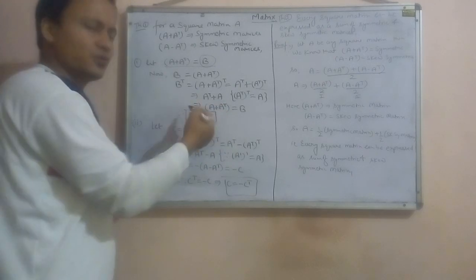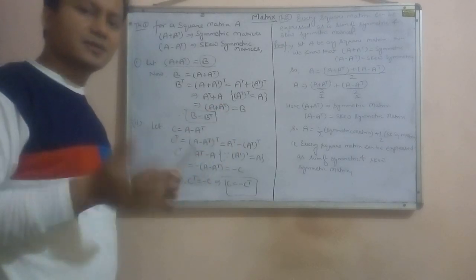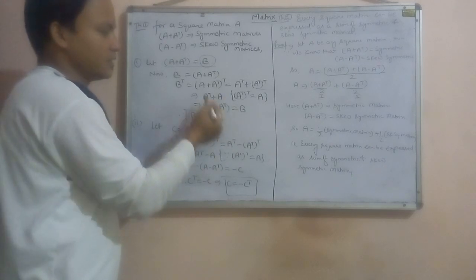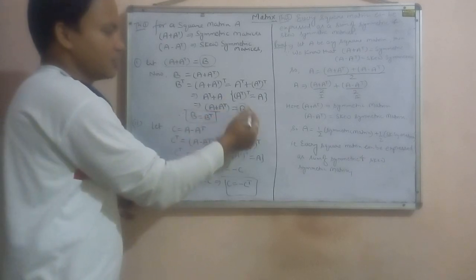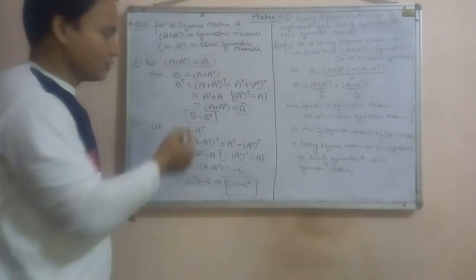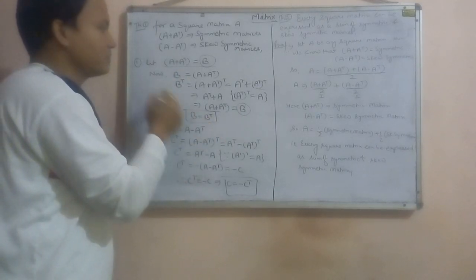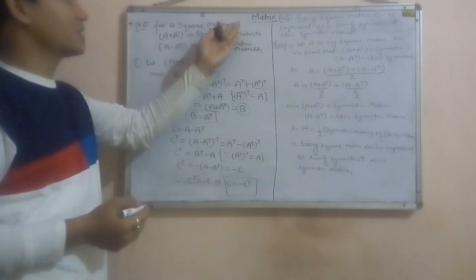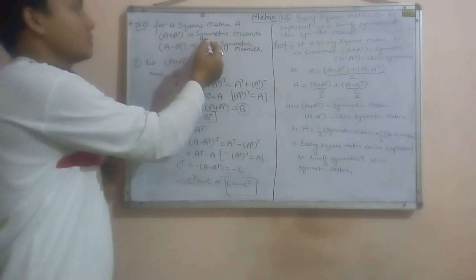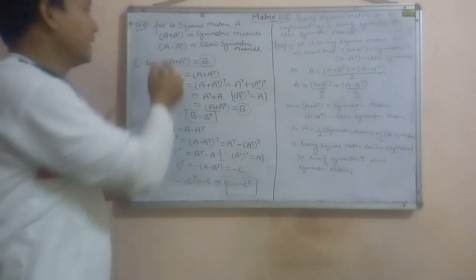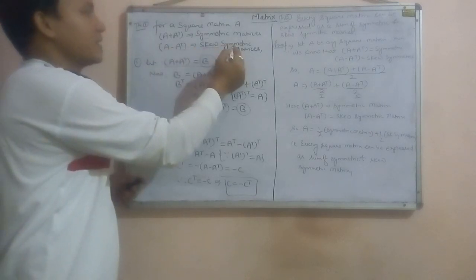Now interchanging the position because matrix addition is commutative. Okay. So we can write A here and A transpose here. So this again gives us matrix B. So we showed that B equals B transpose. By the help of this we can say that for every square matrix A, A plus A transpose is always symmetric. Now we are going to prove A minus A transpose is a skew-symmetric matrix.